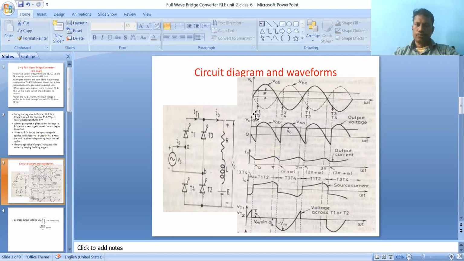So during the positive cycle, the anode is positive with respect to the cathode. Positive is connected to T1, and the cathode is connected to T2. So automatically T1, T2 come into forward bias, but they do not conduct, because it is a forward blocking mode until a gate signal is applied. So at omega t equal to alpha, we apply the gate pulses to T1 and T2. Then T1, T2 come into conduction mode. Clear? So it develops some output voltage across the RLE load.